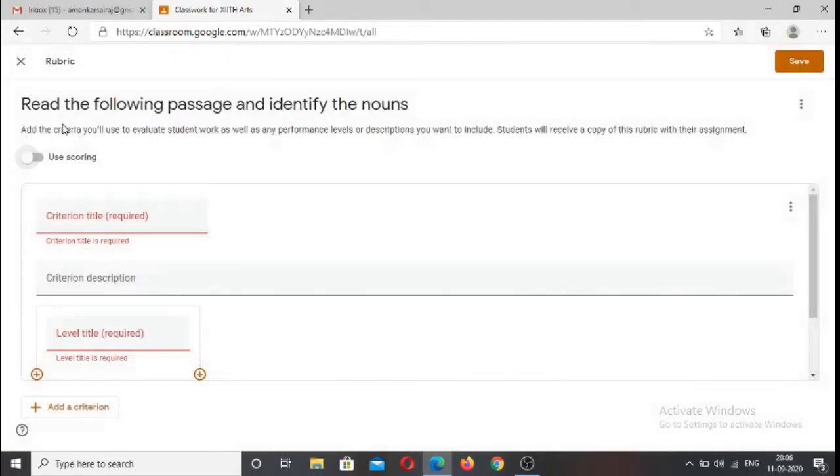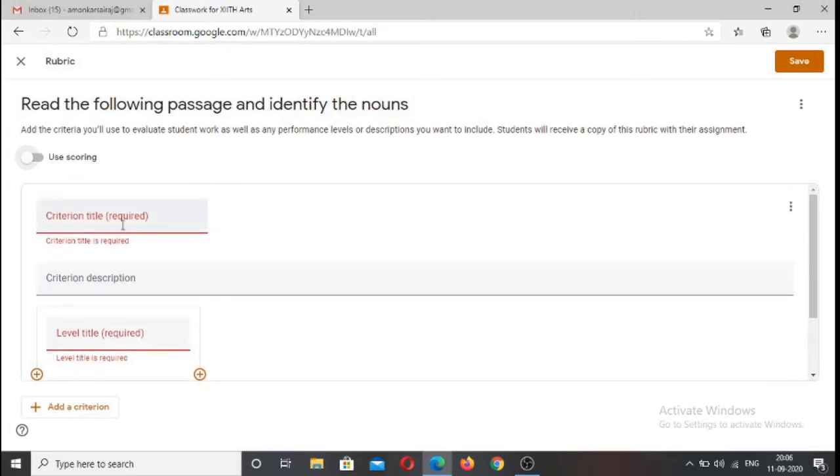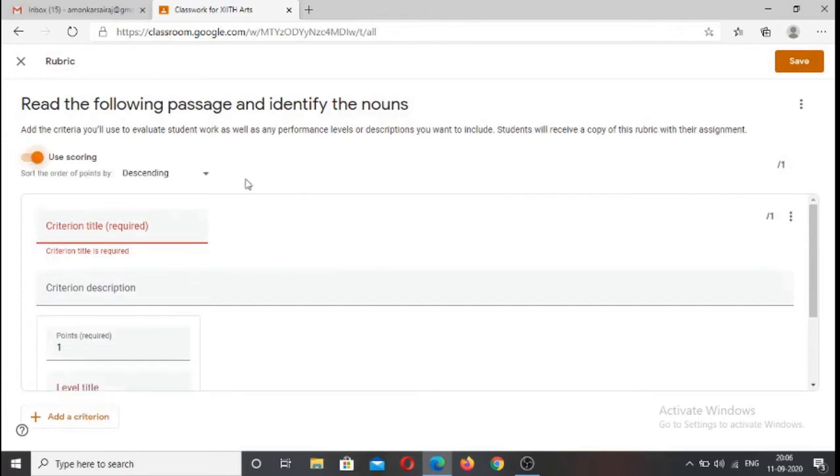Suppose we are not going to grade them or give any points, we can just put it off, and we can just specify the criteria: good, very good, excellent, in that way. Or else if we are using numbers, we can make use of this use scoring option. So by default it is on, so we will specify the criteria.